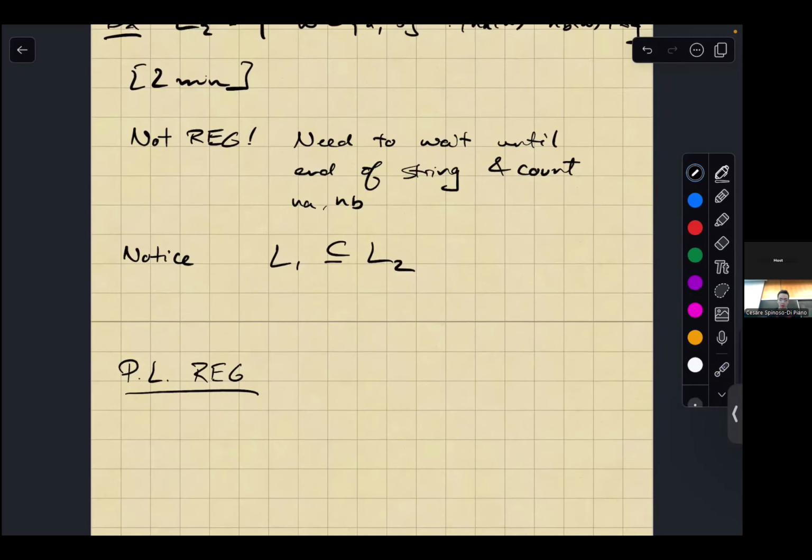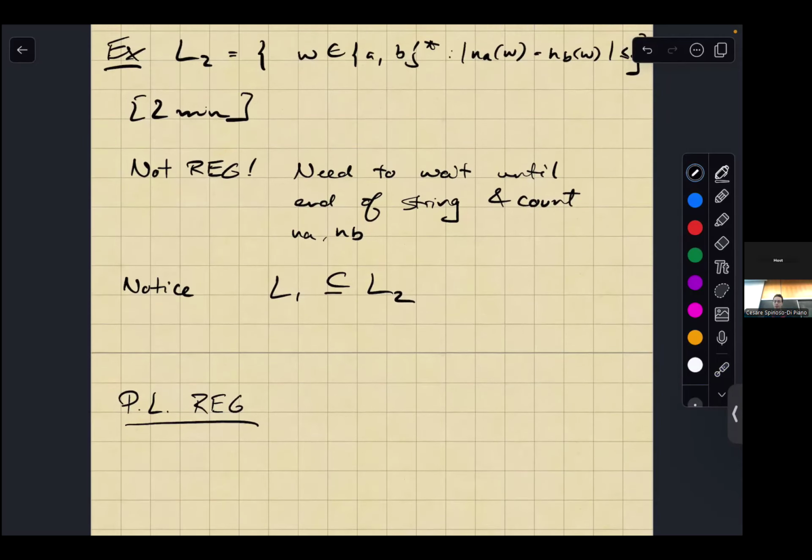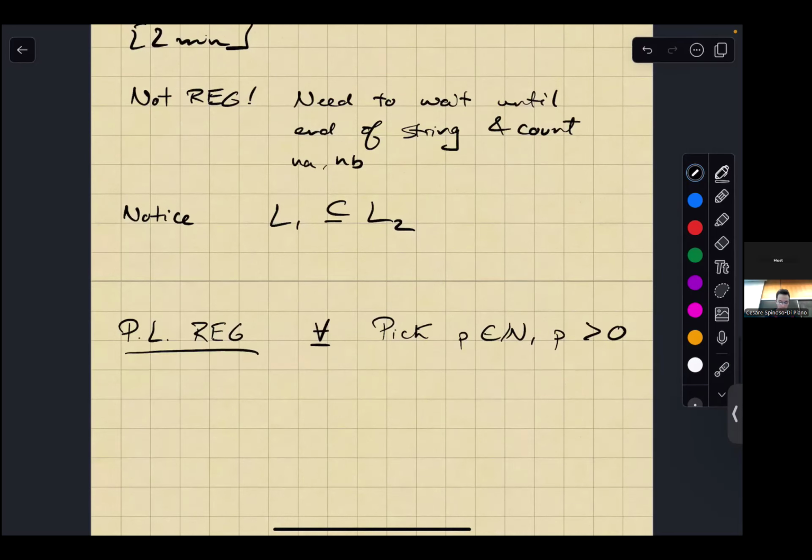Okay. So remember, the way I like to do the pumping lemma for regular languages is I like to play a game where I'm the existential quantifier and I play against my opponent, who's the for all quantifier, right? So the for all quantifier is going to pick some natural number n, where that natural number is strictly greater than 0. Now what I need to do is I need to pick a string w